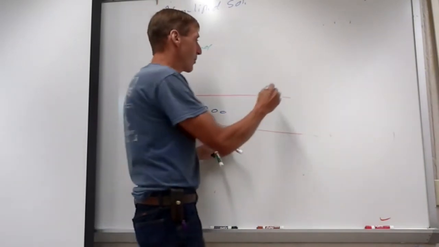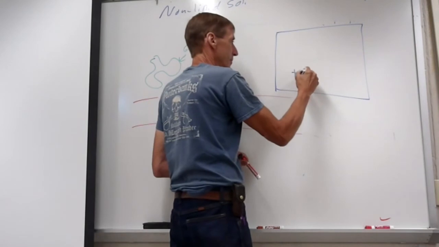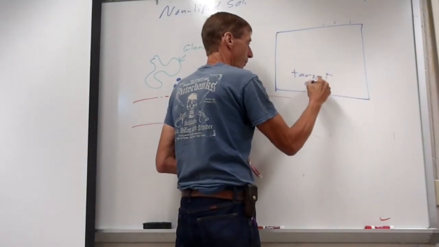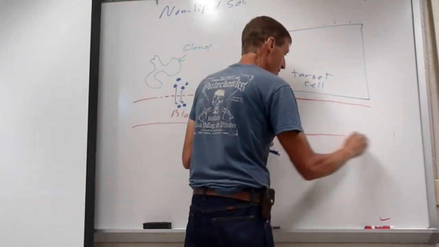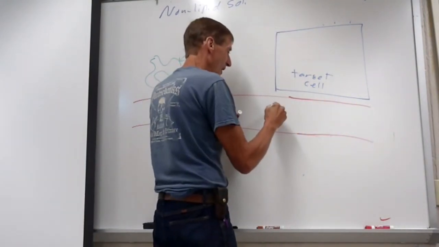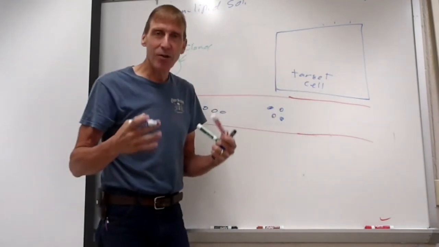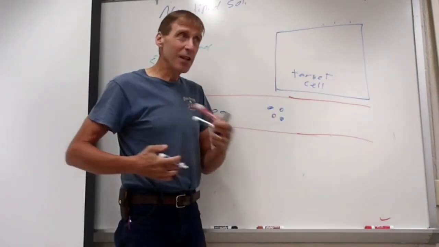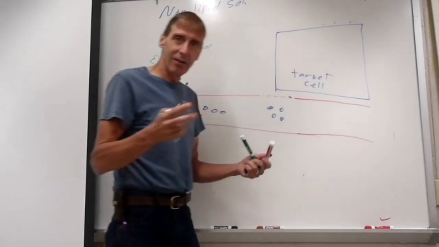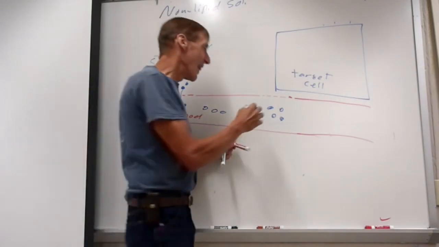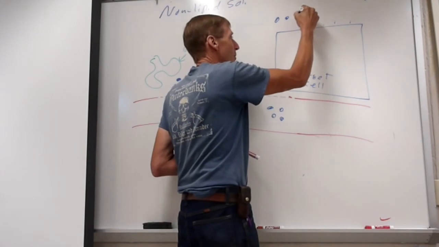But now we have a similar problem. Here's a target cell. Let me make this one bigger. Now, when the hormone reaches a target cell, you've got the same problem. It's at a high concentration in the blood. How's it going to get out here? It can't move across the phospholipid bilayer. So again, the blood supply of the target cells has to be modified a little bit. It's going to have a higher permeability, fenestrations, pores, what have you. That will allow the hormones to diffuse out of the blood.